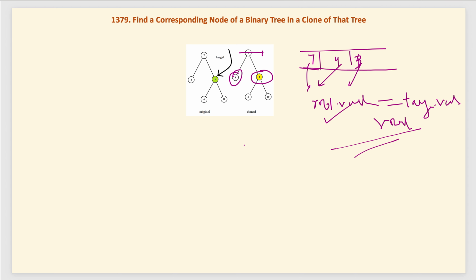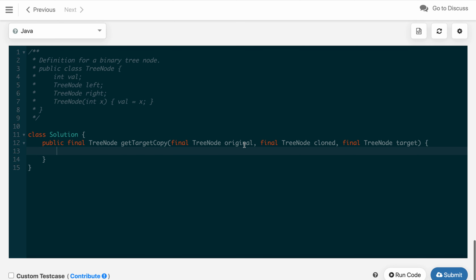So, pause the video and try to implement this BFS approach. It is very straightforward, just using a queue you can implement it. So, let us quickly implement this code first. For implementation, we will create a queue for the storage, a queue of tree nodes, initialized from the implementation class LinkedList, as Queue is an interface in Java.